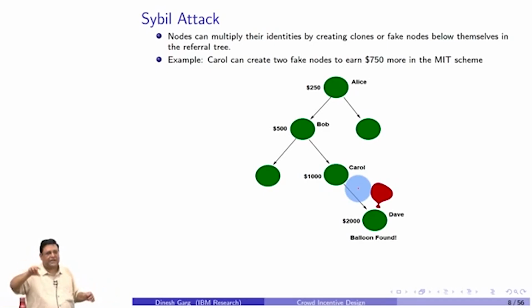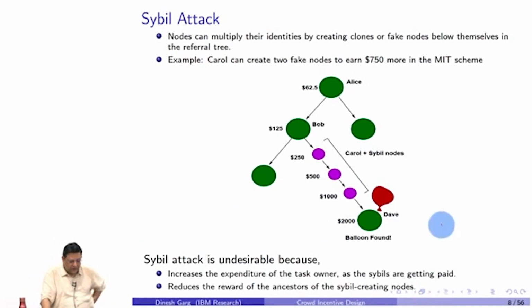Then from the X account she can log in and say I hired Y. Y is again she only. Then from Y, she may actually go and say that I hired Dave. Okay, so if you are my actual friend, before directly hiring you, I'll hire two fake nodes, two fake friends who don't even exist, and make sure that my second fake friend, I make that node hire you. Why will that be beneficial? I think it should be clear by now to you.